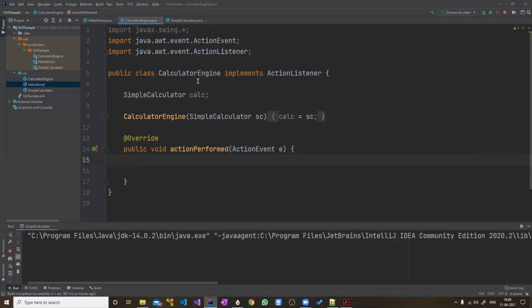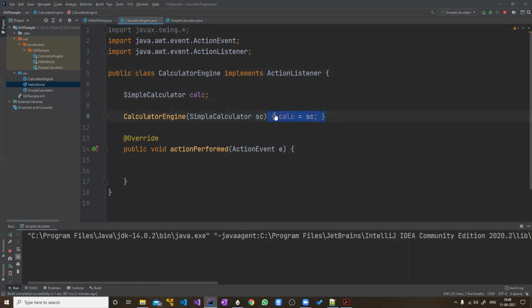So you can see here, what I was saying earlier was a has-a relationship. So here you have that has-a relationship as well. Simple calculator is part of calculator engine. So calculator engine has a simple calculator. And how do you assign any value to it? Here you are doing that.